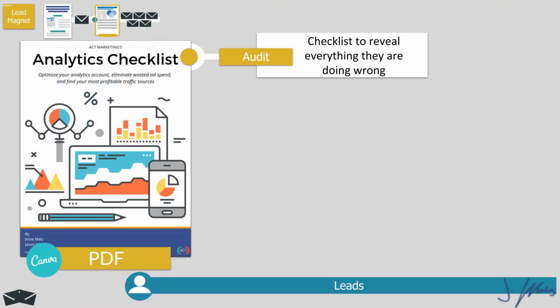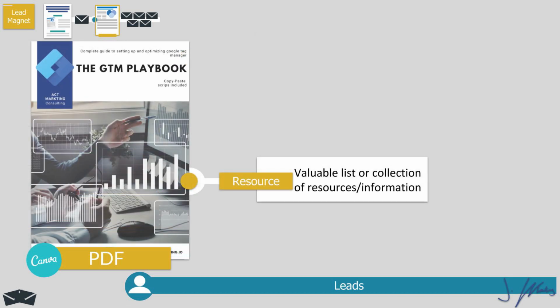So here's an example of one where we created a simple PDF and we added a lot of graphics on top of the boring old Google Analytics text to help people go through their analytics account and figure out all of the settings they needed to fix in order to better understand their website traffic. This next example is a quick resource guide we put together also using Canva, and as you can see, both of these look professional and it didn't take a whole lot of time to make them.